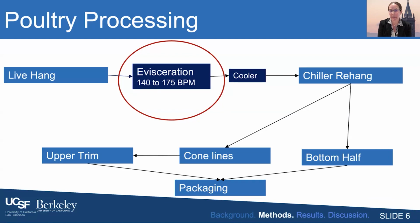There could be some hand trimming after the cone line, and eventually these different parts that have been disassembled from the bird go into a packaging area and then eventually are packaged and palletized. What's interesting is that there can be different speeds at different parts of this process. And so again, when we talk about evisceration line speed, I'm talking about the speed that the birds are actually